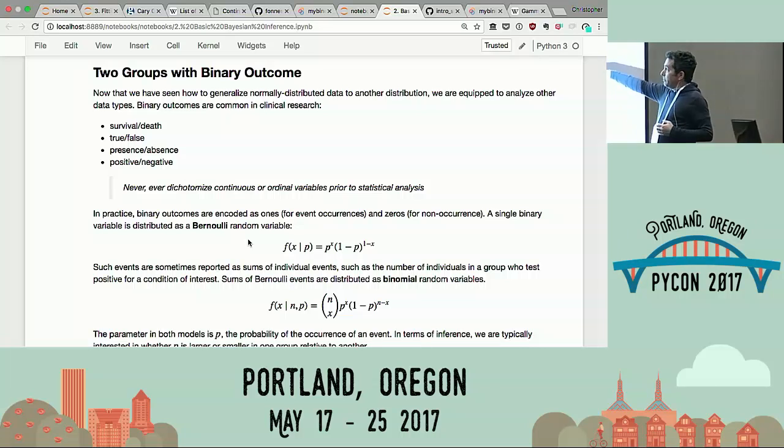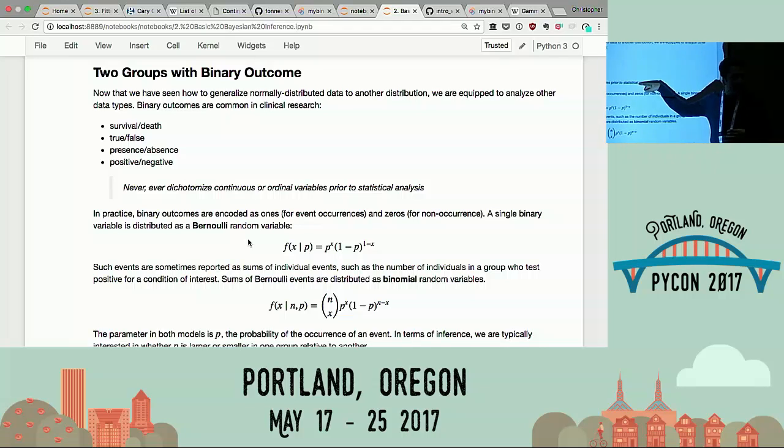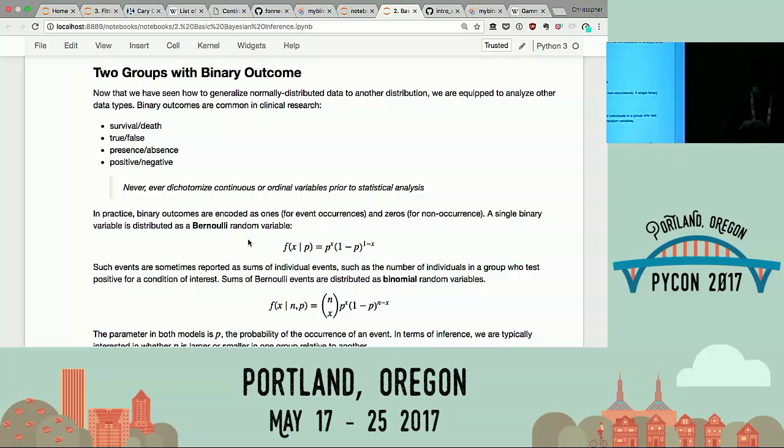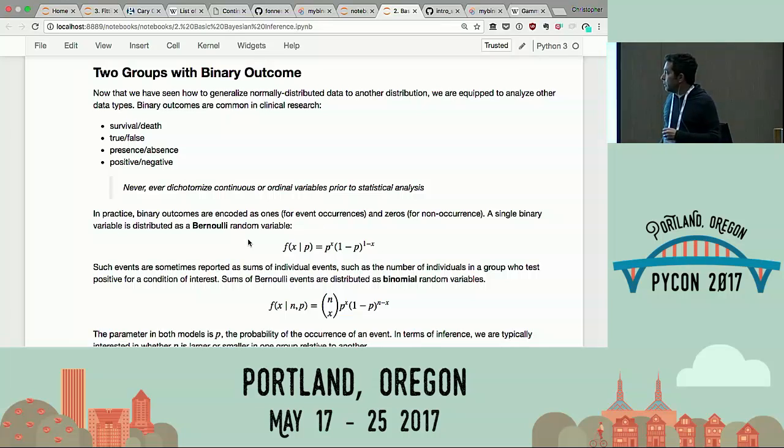We get binary outcomes a lot. You should never, ever create them. Never take a continuous variable and make it binary. You are throwing information away if you do that. Okay? You may be interested in some threshold value, and you can deal with that after your analysis. But anytime you discretize something that's continuous or dichotomize something, all that money you spent on collecting data, you're essentially just taking some of it and throwing it in the trash. Always build a model for the data that it was originally collected for. So, if you do have binary data,